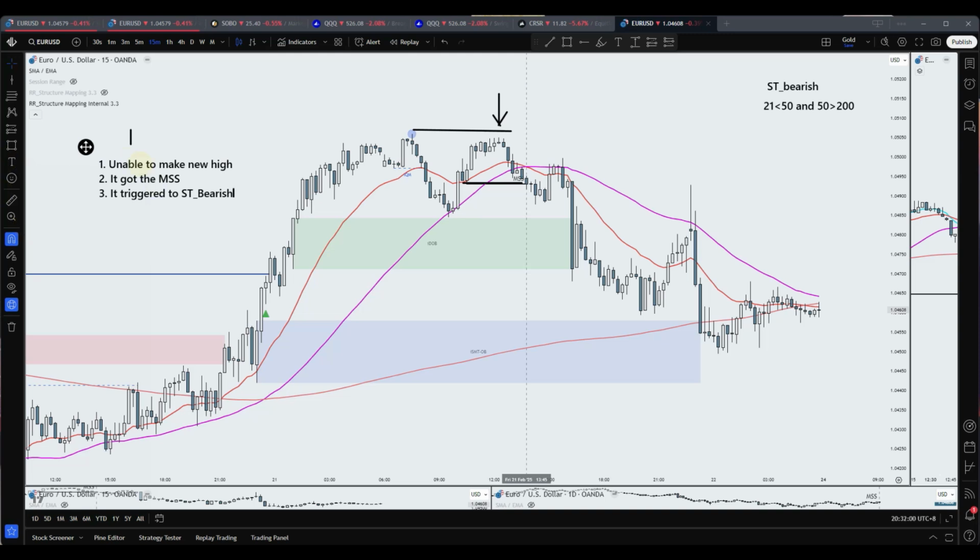So see how many things are aligning on our side to think that maybe we are going short, at least short term, because short term bearish. I'm not saying longer term, because this is shorter term. 2150 is still above the 200, 50 here still above the 200, and here also still above the 200. So we are still in shorter term bearish, and based on these three logics we are looking for the shorter term bearish entries. Okay,